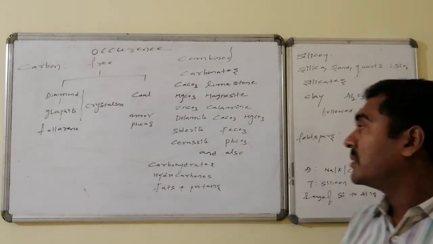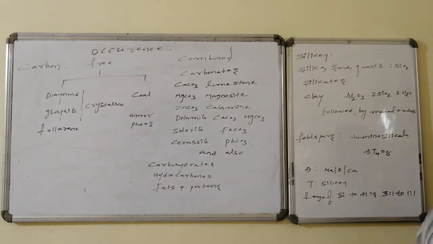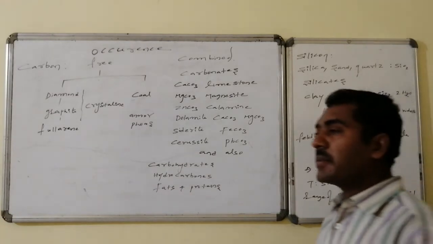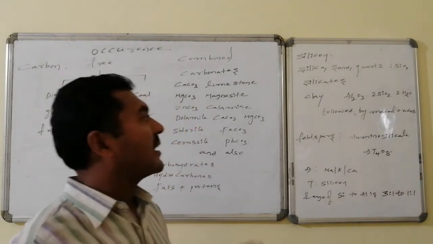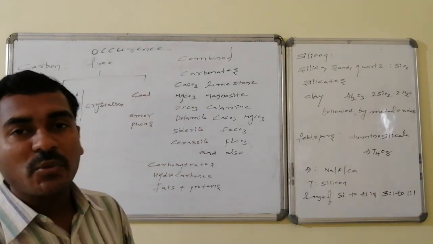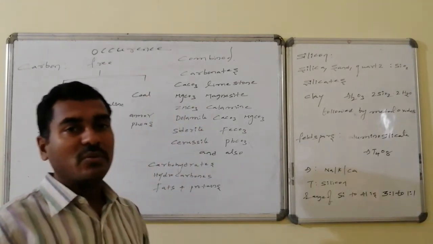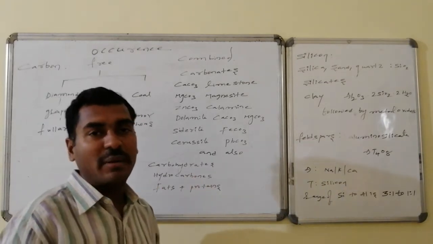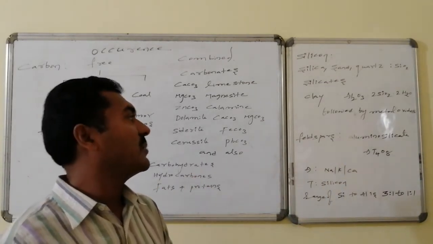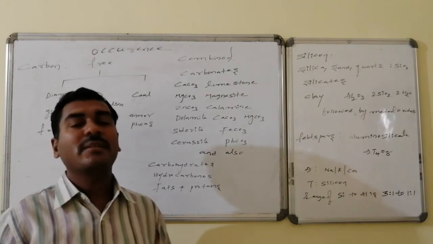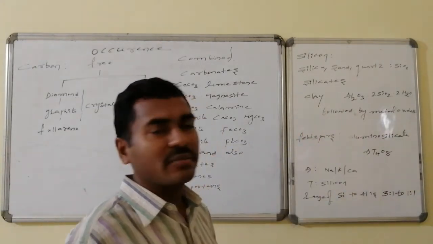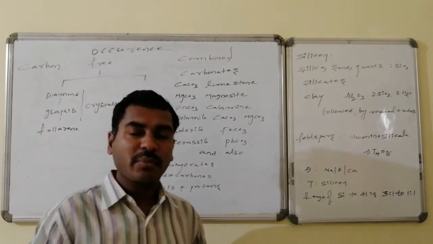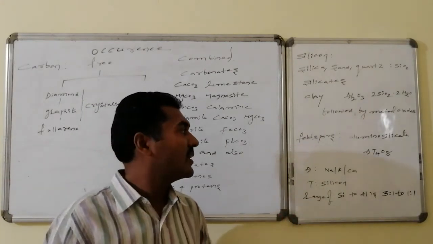Silicon is present in the form of silica, quartz, as well as sand, which has the common formula SiO2. It is also present in the form of silicates. The important silicates are clay as well as feldspars. Clay is Al2O3, 2SiO2, 2H2O, associated with some metal oxides, and different clays are available. It is never available in the free, pure state, being associated with many metal oxides as impurities, and they have different names.